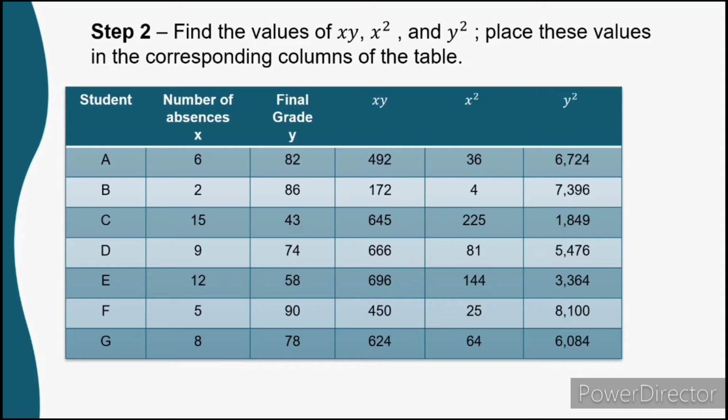And to find the sixth column, i-square lang natin yung third column. Summation of x is equal to 57. Summation of y is equal to 511. Summation of xy is equal to 3,745. Summation of x squared is equal to 579. Summation of y squared is equal to